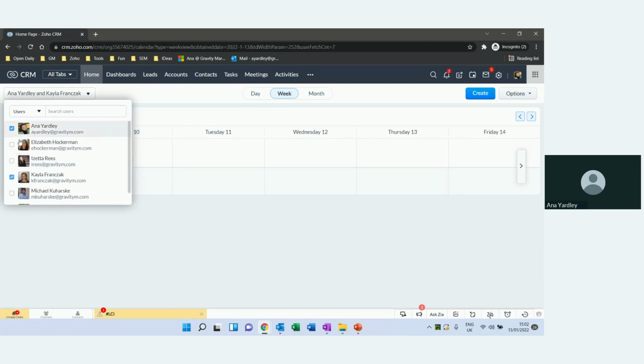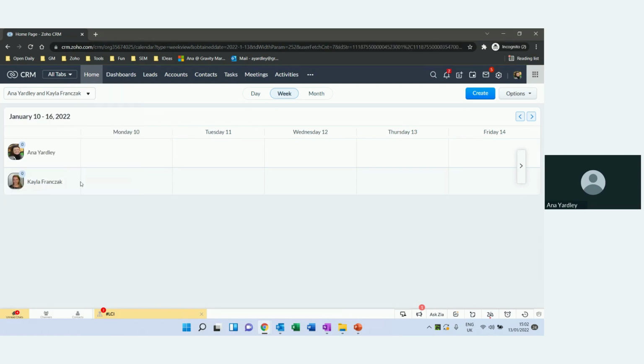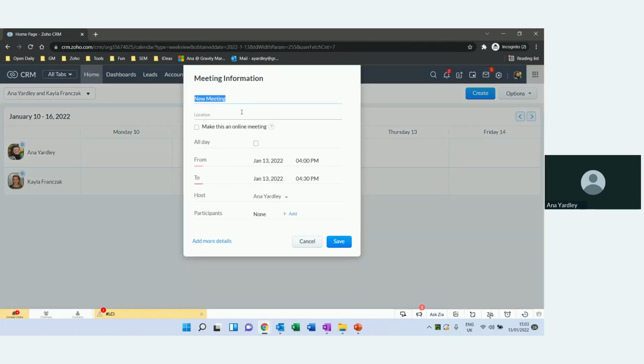You can see different calendars, so you can allocate calendars of other people to look at as well. You can do a week or month view. I usually like the week one. And the new functionality Zoho has that we're going to explore is going to live here on the calendar bookings. Before you do that, I would advise you to do one of two things. If you're only using Zoho CRM as your calendar to book everything you want, that's great. If you're booking your meetings here, so a demo,